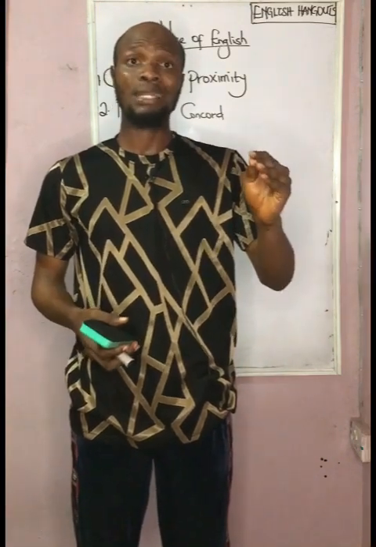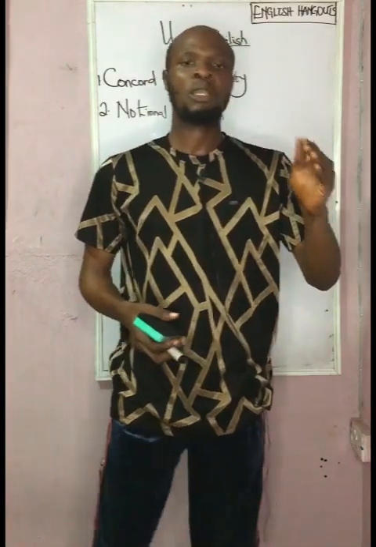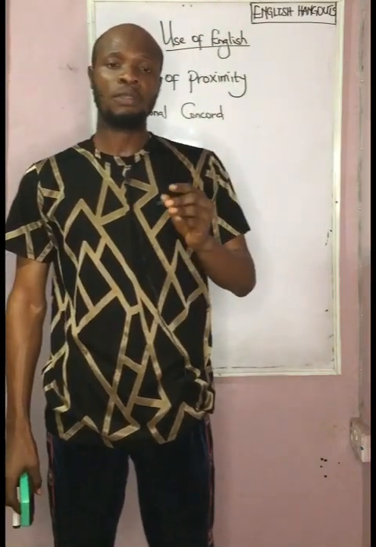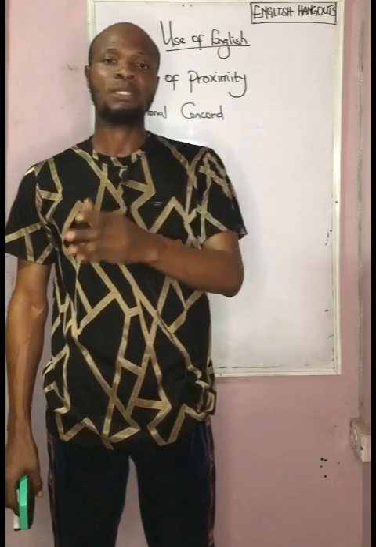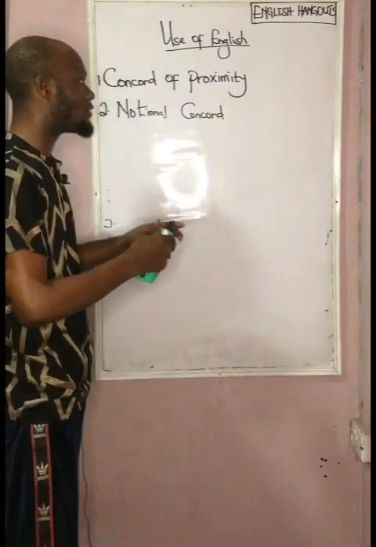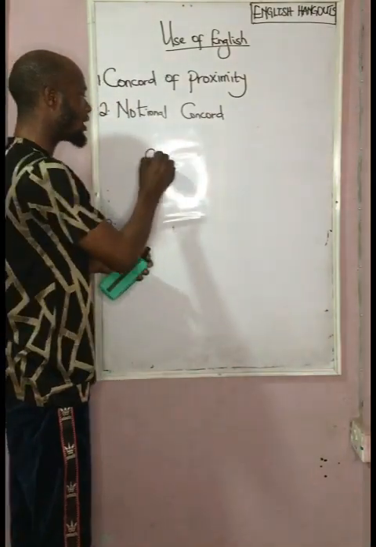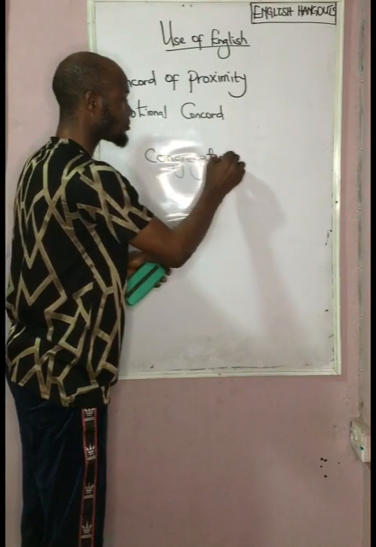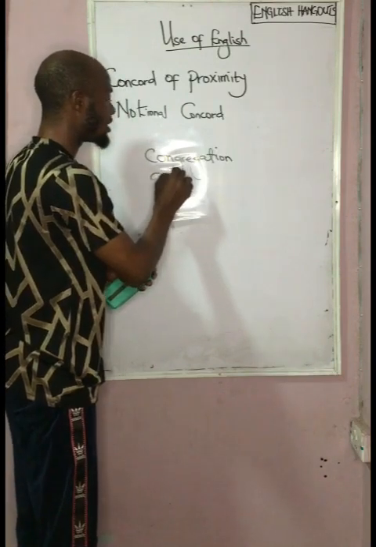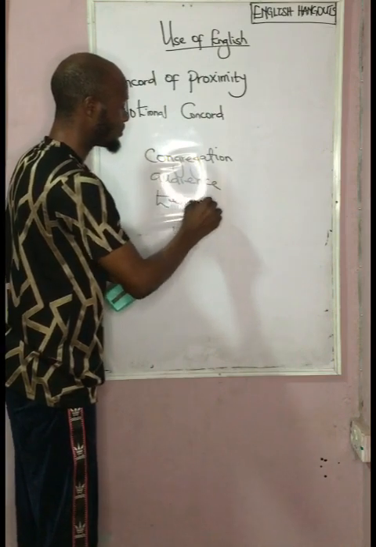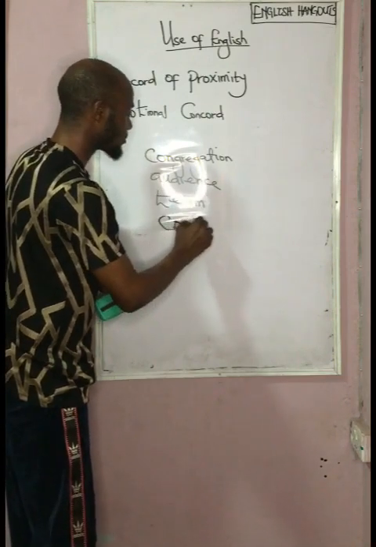Generally, collective nouns are those nouns that have to do with a group of persons or a group of animals. For example, if you have the words congregation, audience, team, committee,